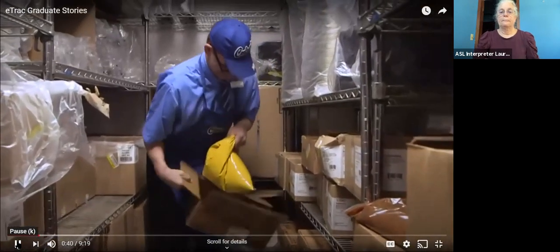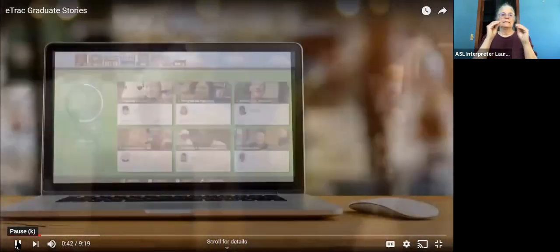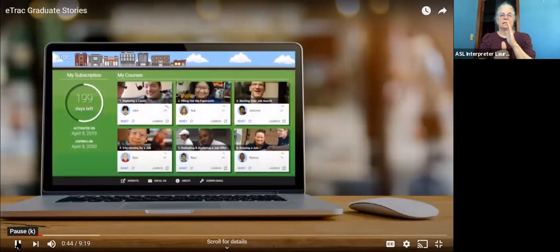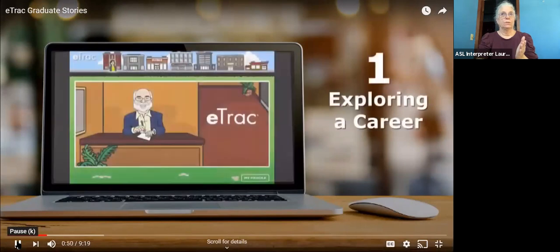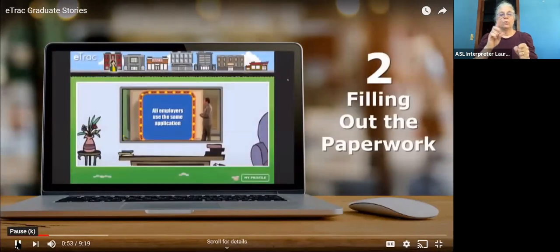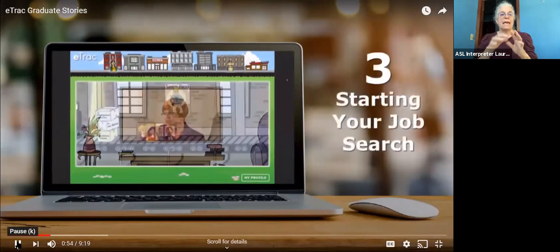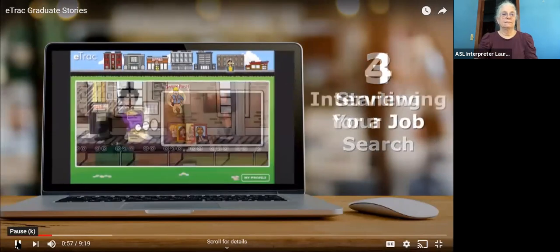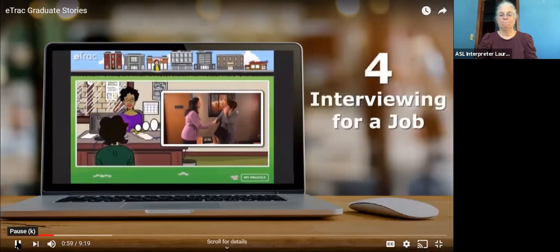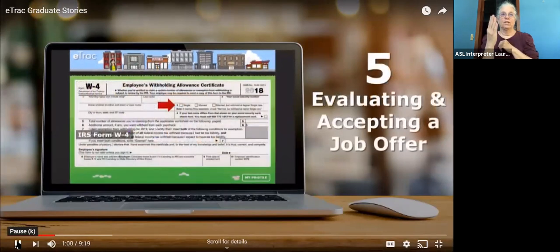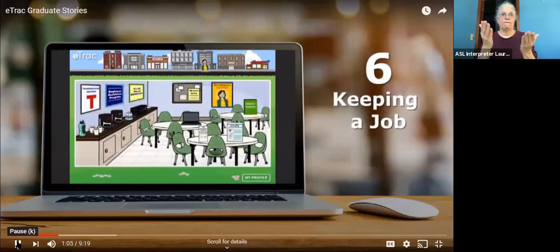It also teaches critical job retention skills. E-Track is approximately 20 hours of online curriculum, which has 6 modules. 1, exploring a career. 2, filling out the paperwork. 3, starting your job search. 4, interviewing for a job. 5, evaluating and accepting a job offer. And 6, keeping a job.